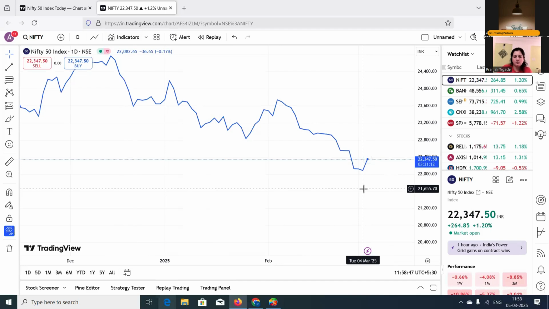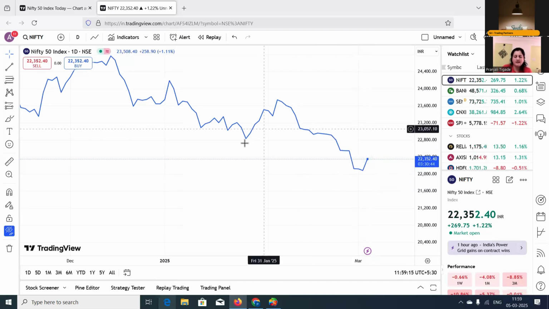It shows the close value of 4th of March, because our candlestick time frame is 1 day, that is the daily close value. If you hover over 4th March, this value 22,082.65 is the day's close. Then for 3rd of March, 22,119.30 is the daily close of 3rd March, and so on.